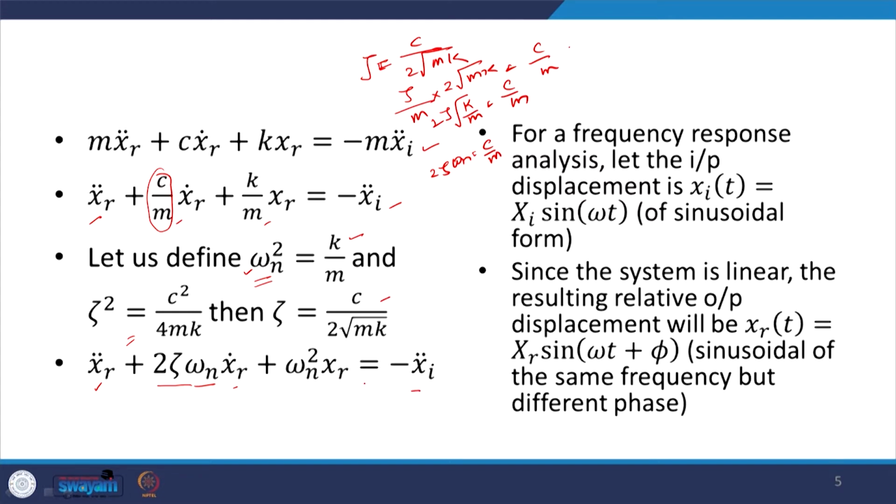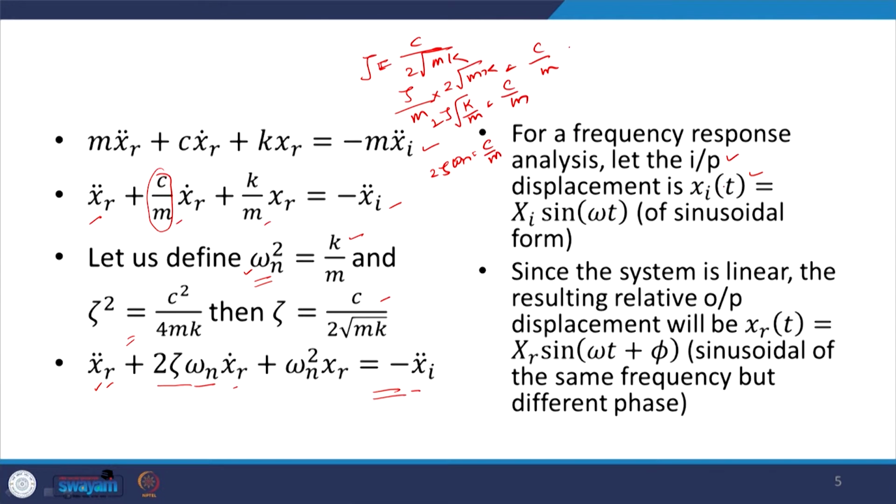So, this is how I get the equation of motion for the seismic mass, which is written in terms of the relative displacement